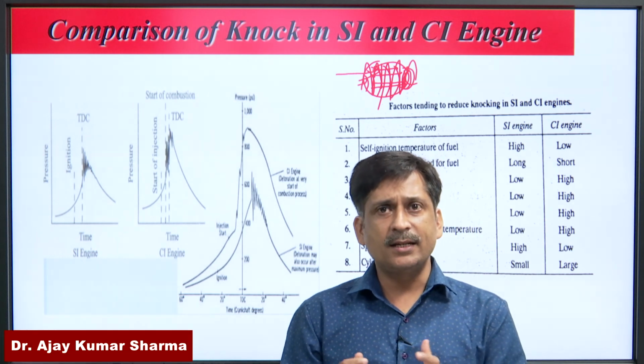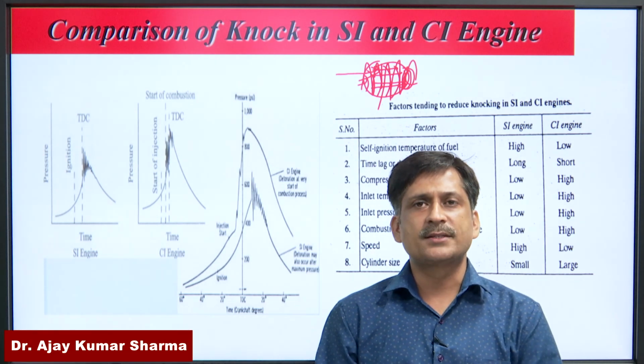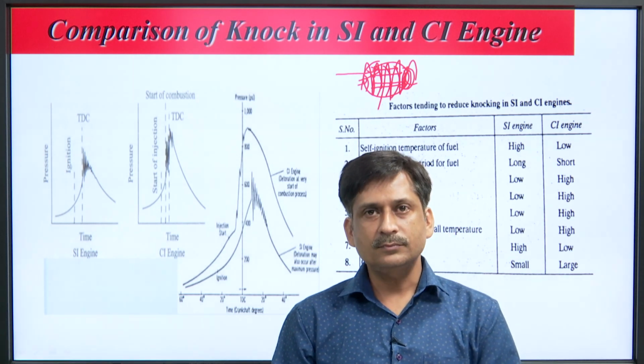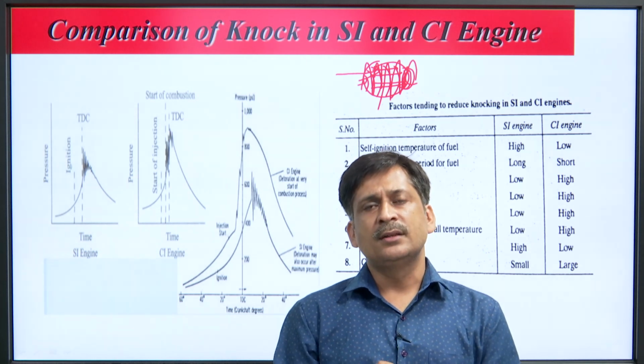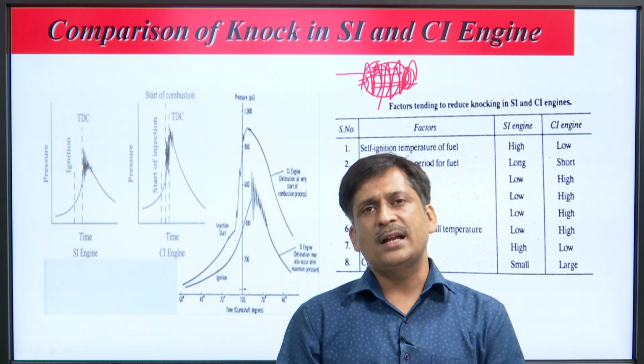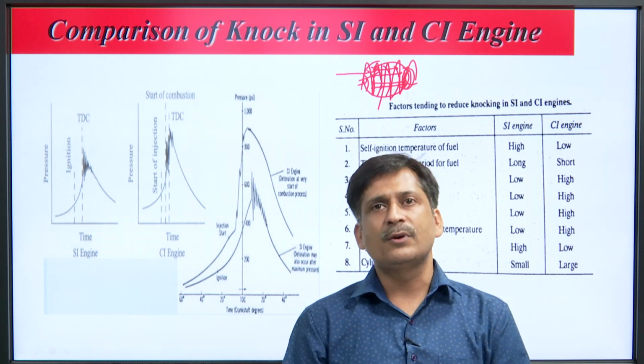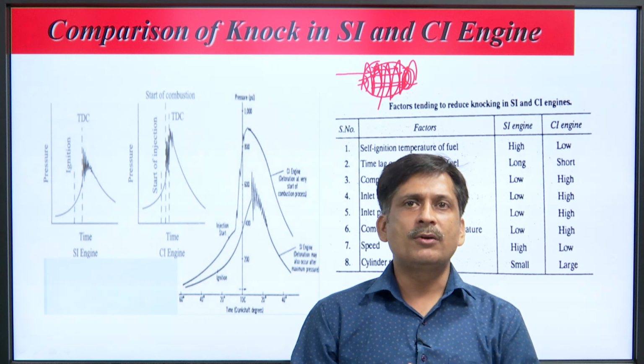And in an SI engine, that abnormal combustion is known as detonation. Detonation is not desirable because it reduces the thermal efficiency and power output, and it also reduces the life of the engine. And if we talk about the CI engine,